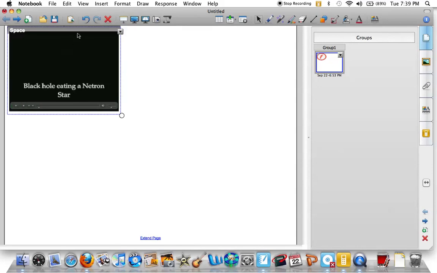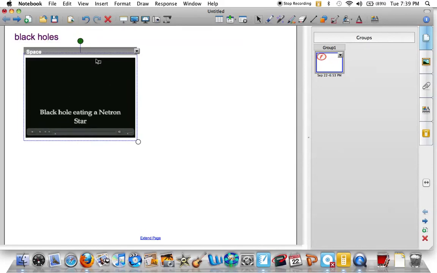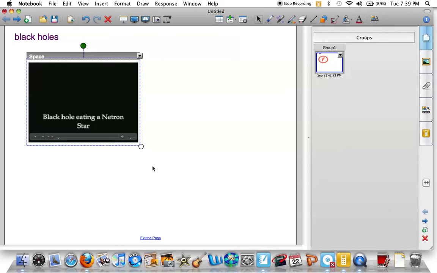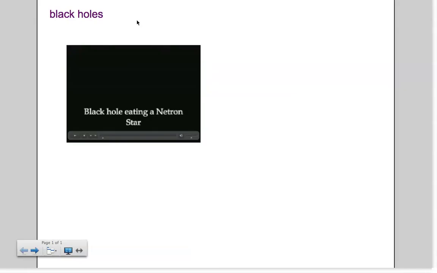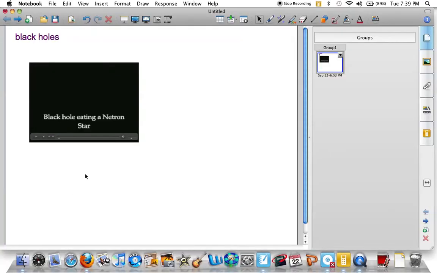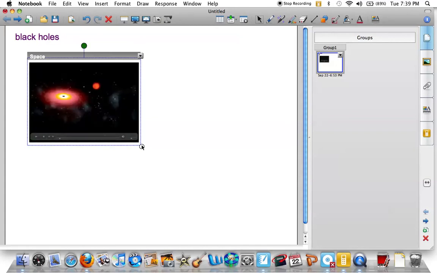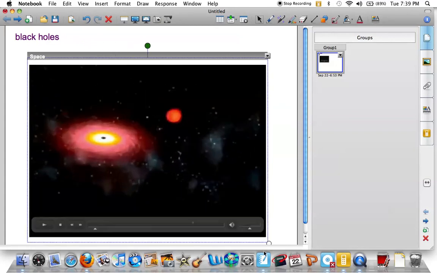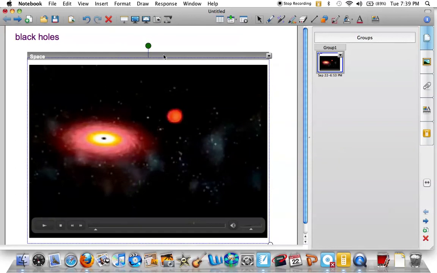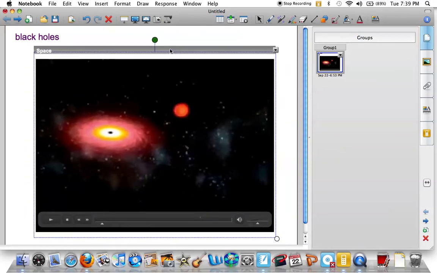So I'm just going to pause it, and again, we can move it. Okay, and better yet, it does look a little small, right? If I were to go full screen here, yeah, the kids will still have trouble reading that. So I like to make it as big as I possibly can. Okay, so we can drag it out and maneuver it wherever we want. And again, that's nice and easy how to insert it. Again, you can play it,